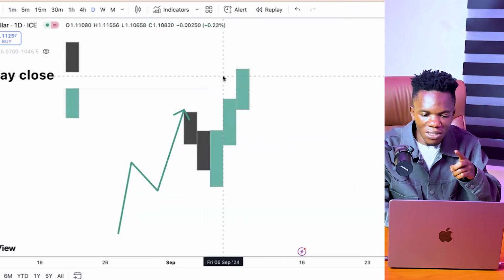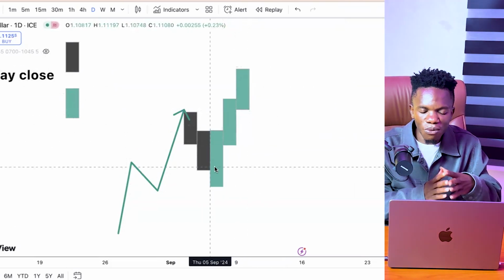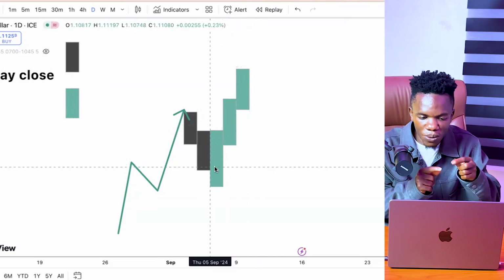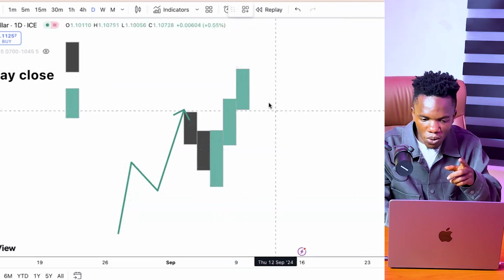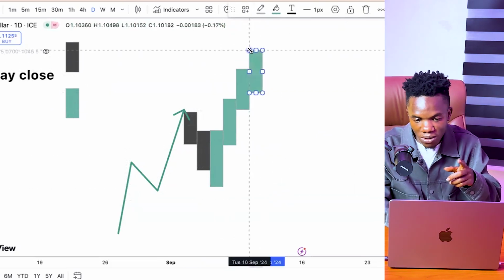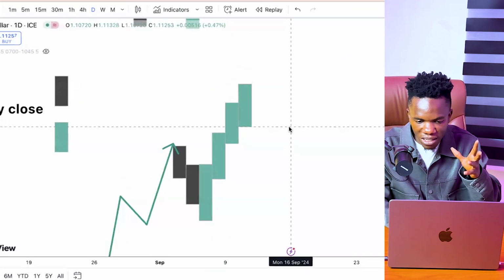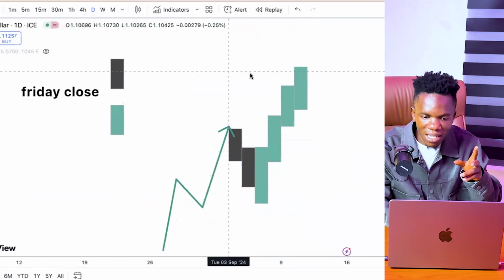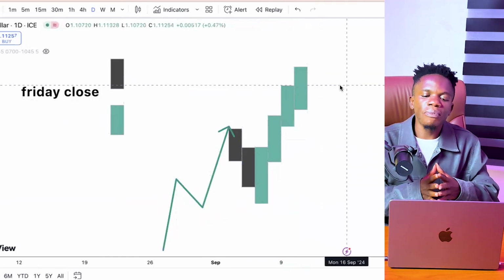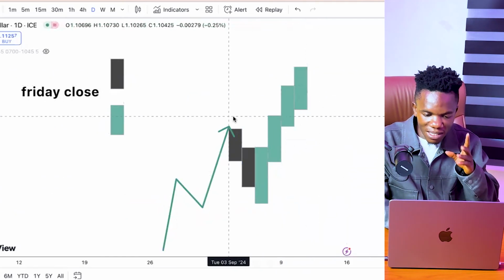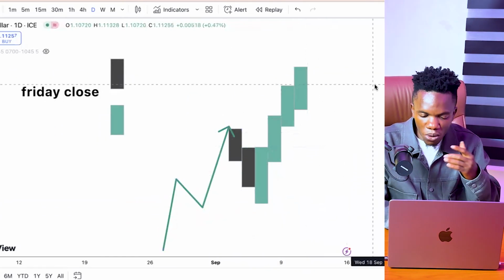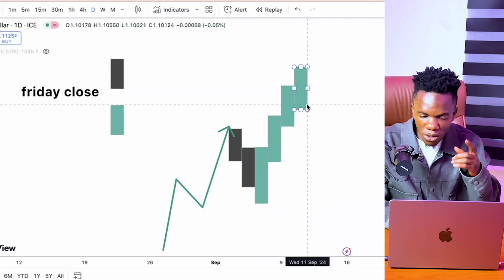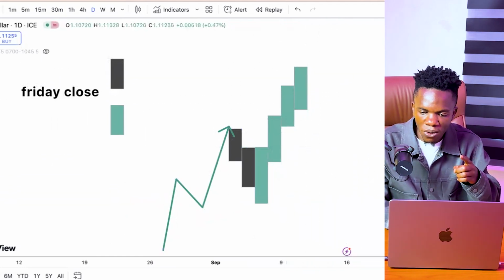Now, after this Thursday, we are interested in how the Friday candle will close for this current week we want to trade. Chances are it's going to close bullish like this. Because I told you guys it could either close bullish or bearish, or chances are it's still going to close like this one, bearish, and then give us more discount. However, you won't be having this kind of discount every week. Most times you'll be having expansion like this, close bullish, just like what I showed you guys on